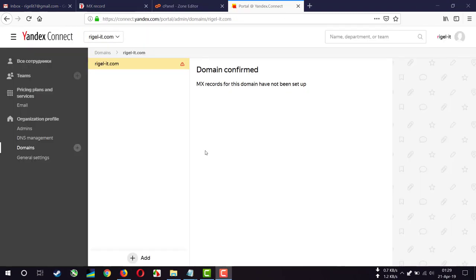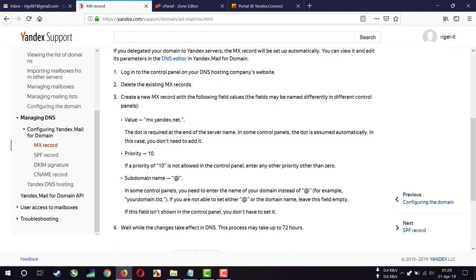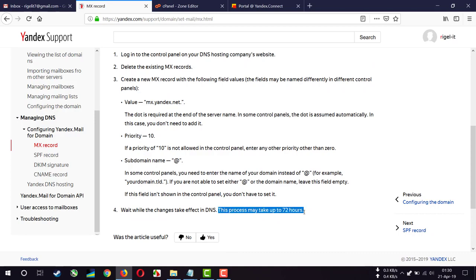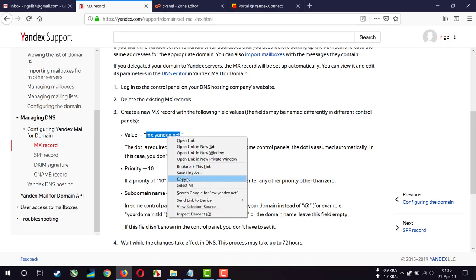Alright, our domain name is confirmed, and now we have to add MX records. To add the MX record, we have to go to this link. Here we can find all the detailed information about the MX record. And remember, this process may take up to 72 hours, but usually it takes less than 72 hours. And here's the value. I'm going to copy this,